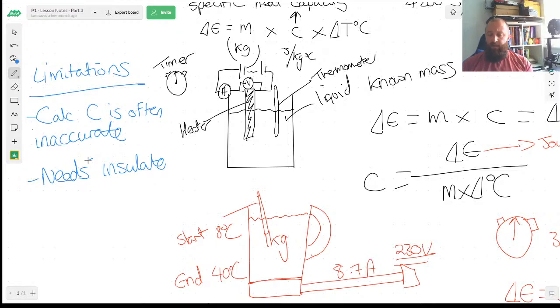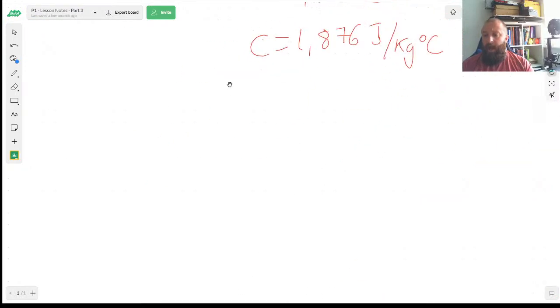Okay, so just quickly again, as we're heating it, it heats up. The temperature of that is greater than surroundings, so we start transferring heat energy to the surroundings as well. So we don't actually end up with an accurate temperature change. So it's worth bearing that in mind, because this is where they'll often try to pick up additional